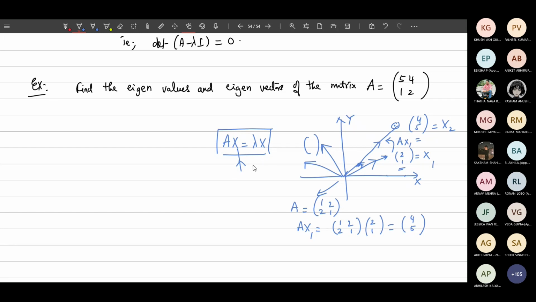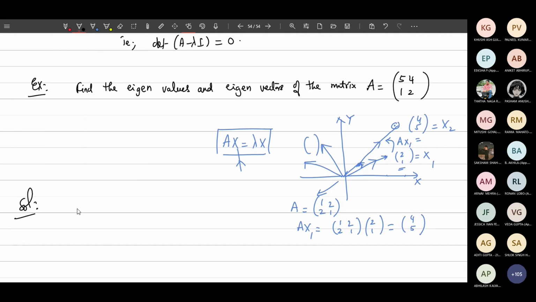Suppose a matrix is given, you will get a linear system that we can solve and find out the values of x, that means a vector x, and lambda, the scalar lambda. I will check that first of all. Afterwards, the other type is another challenging one, but we don't have a solution unless you go for some programming. So first I'll do this example, how we will go about this.